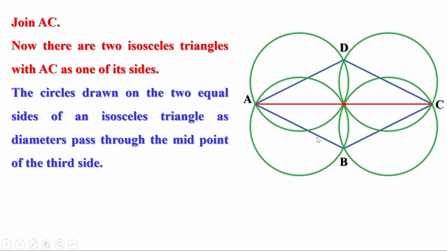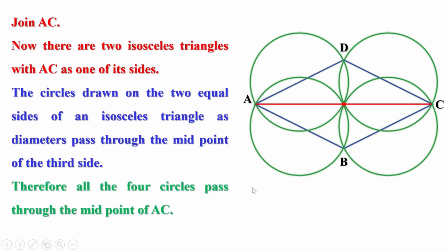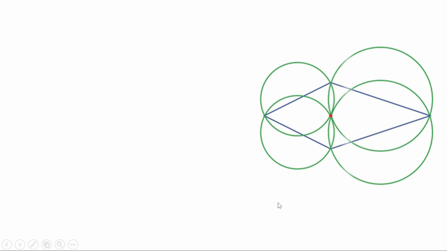Therefore, the circles with AB and BC as diameters pass through the midpoint of AC. That means all the four circles pass through the midpoint of AC, or they pass through a common point. Now the second part,